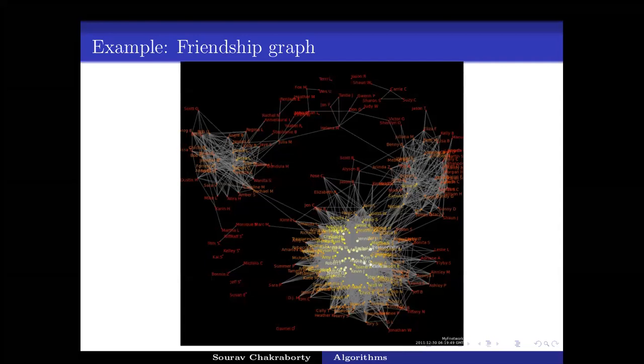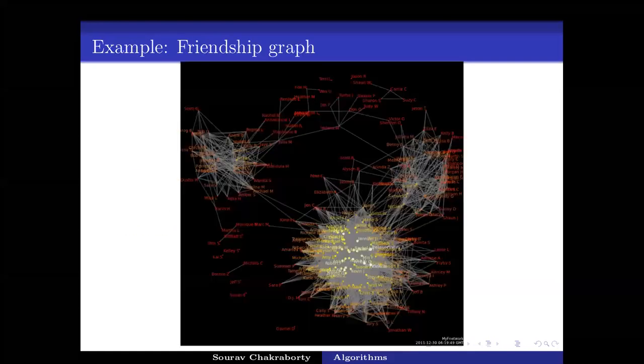An important thing to notice is that there are lots of clusters, lots of clique kind of objects, lots of vertices interconnected among themselves. They can in some sense represent different communities. Say this cluster may represent people who follow the same football club or cricket team. So analyzing this friendship graph reveals lots of different dynamics of the social network.